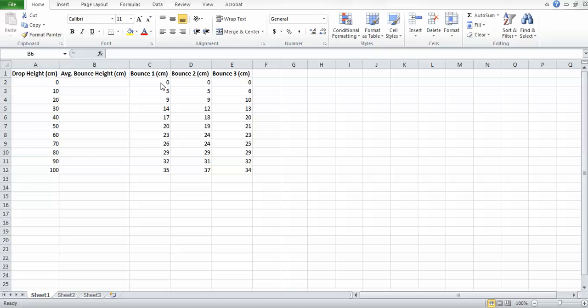three bounces, and basically with those three bounces we want to find an average, basically to get rid of any discrepancy or any data which may be classified as an outlier, to kind of average that back out. So what you want to do here is we want to find the average bounce of all three tests, and the way to do that is you want to have, so go to the average bounce height column and type